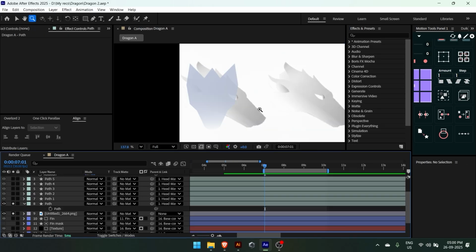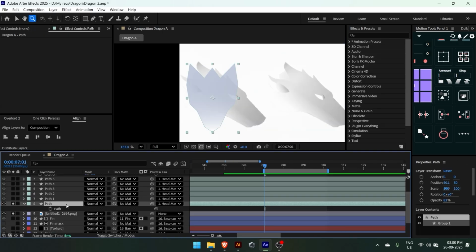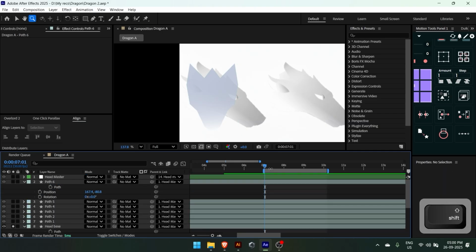So now we will start the path animation with this layer, which is the head base. Let me call it head base. From here, this is the end of the animation, by the way. So from here I am starting the work area and extending it up to 3 seconds ahead, and here we